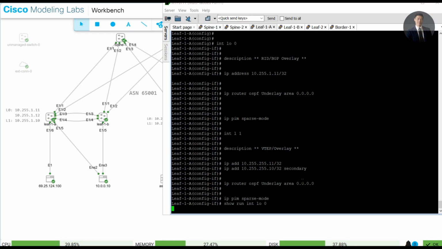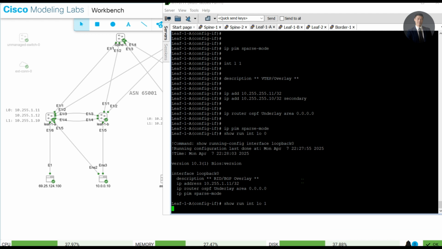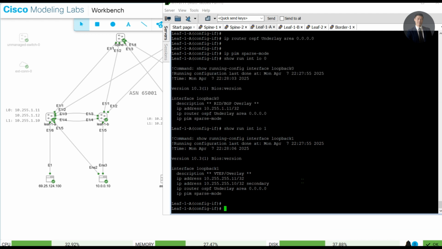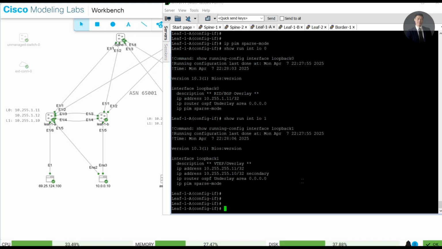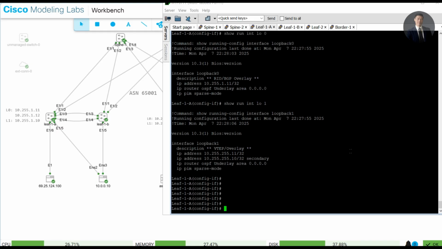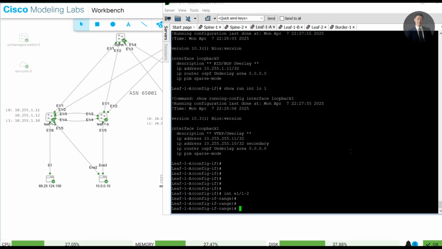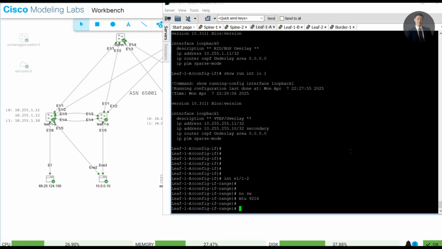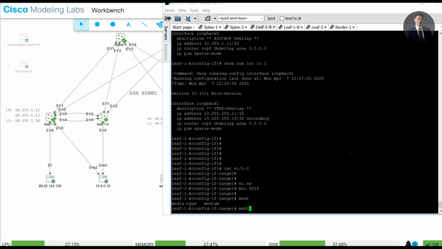Show run loopback 1. Now here you go. I realize I need to go in E11, E12 for the uplink switch, right? So no switch port, MTU 9216, medium P2P, IP